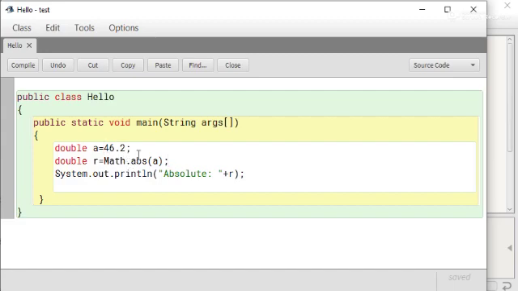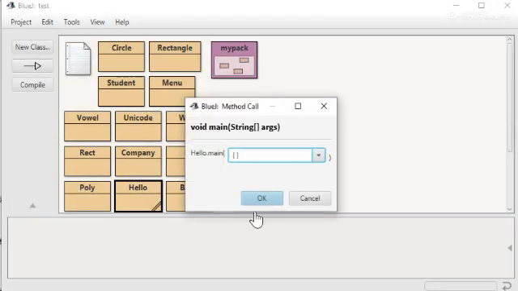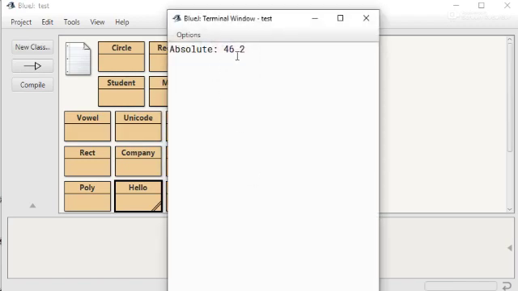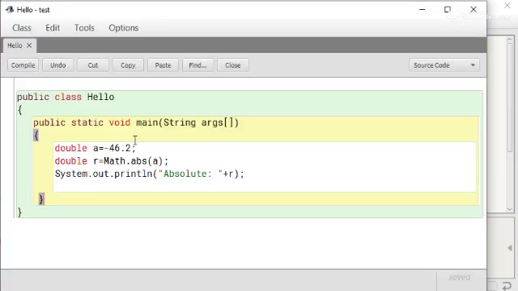But if we add the negative sign in this variable, then compile this program and close and run this program. It will display the result 46.2 where we have given minus 46.2. Now clear the screen and practice the min max method. To find the minimum or maximum, we declare a variable double r equals math.max.